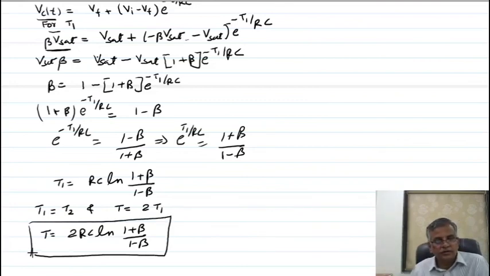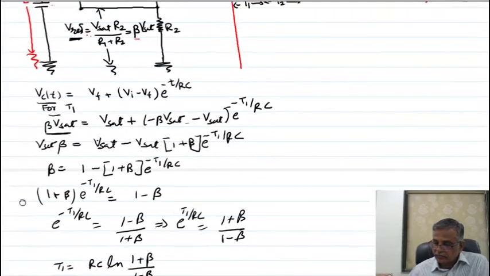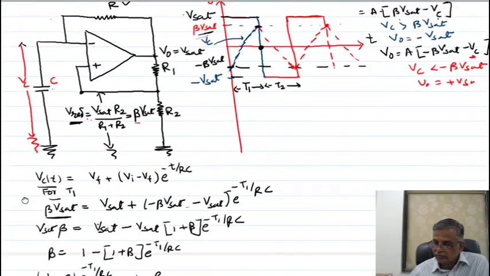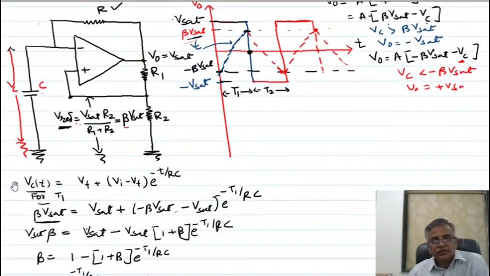This is the equation of the periodic time of a square wave generator. Listen, to derive the frequency or periodic time of a square wave generator, what I did: this time I will calculate. Initial voltage on the capacitor, how much have I taken? Minus beta V sat. And this increases exponentially. So it is going from minus beta V sat toward the plus V sat, but its journey is only up to plus beta.